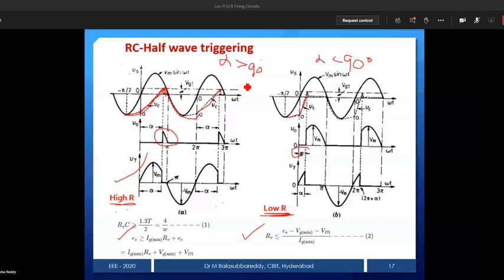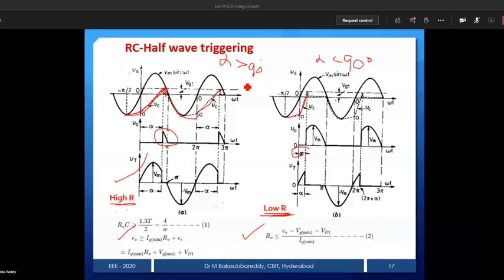So if I make all inputs positive, then we can control during the negative half cycle also. How to do that? AC supply is positive and negative. I have to make everything into the positive half cycle. Then what do I have to use? Anybody? How to make the AC supply into all positive half cycles? Any answer?